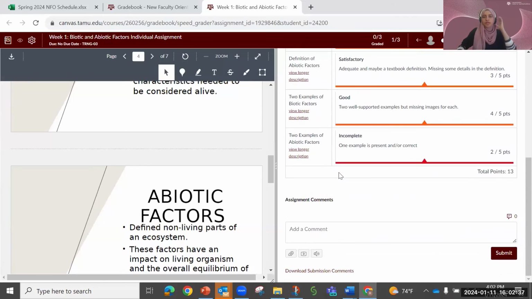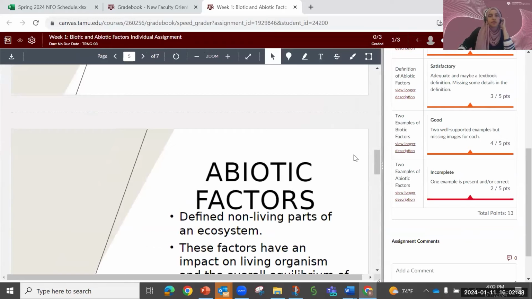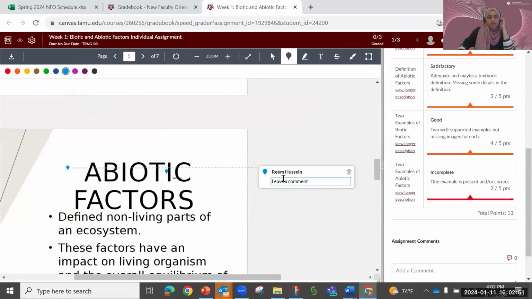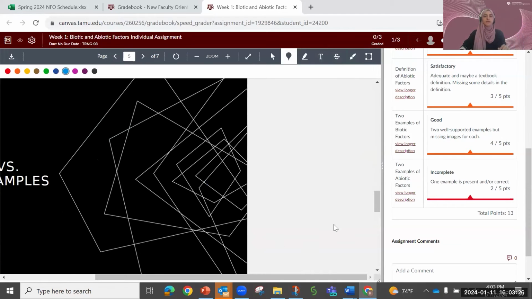Cancel. So another way to give feedback for this assignment is through annotations, which is a really awesome tool here. At the very top of this assignment, you have an option to add comments. So I'm just going to comment. You can highlight certain things. If this is a writing intensive course and there's a grammatical issue here, you can do that and also give it a comment and specify what it is. Please check, for example. Although this looks perfect, it's just an example here. You can add text, you can strike through things, and this pertains a lot to editing. You can change the color of the highlighting. There's a lot of great options and tools you can use to give automatic feedback for your students throughout